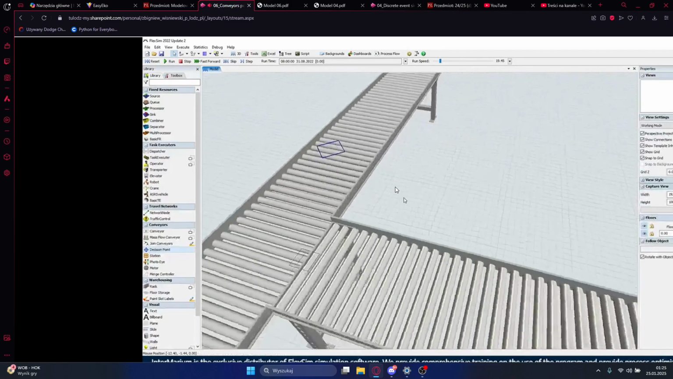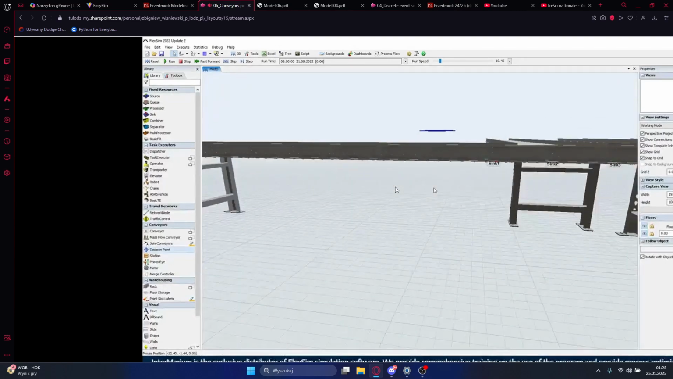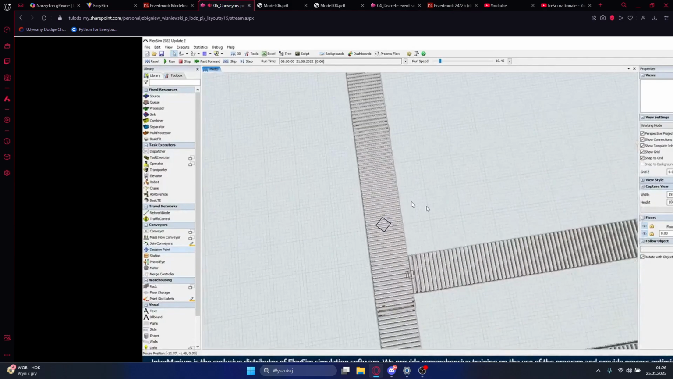There's a common mistake. You can by accident put the decision point a little bit higher than the conveyor itself. So it looks like